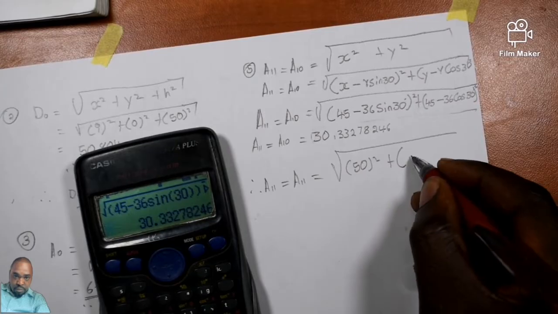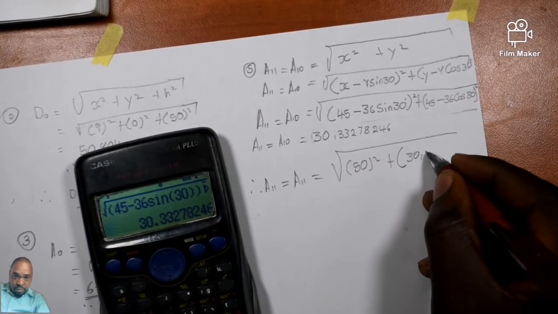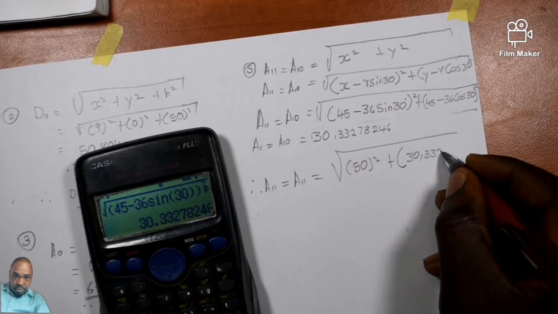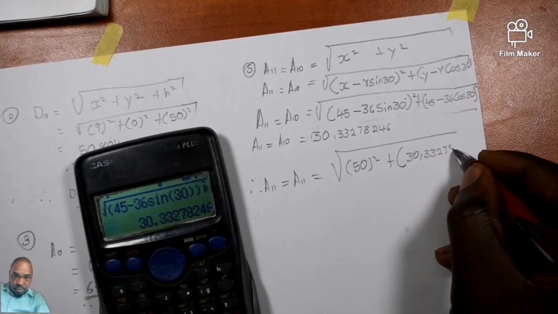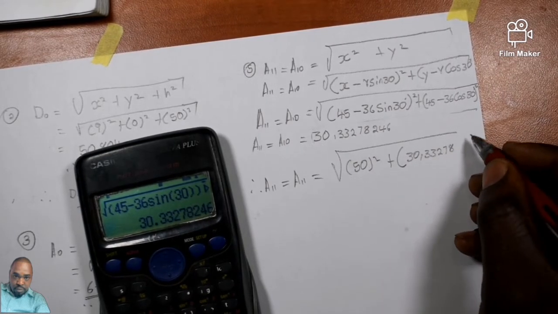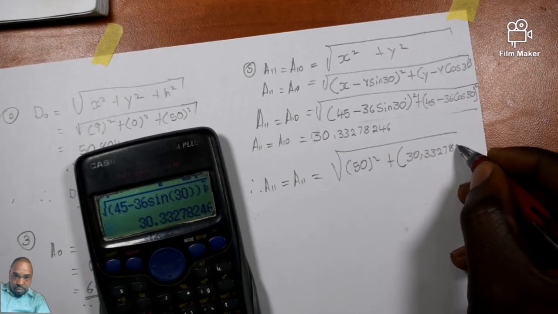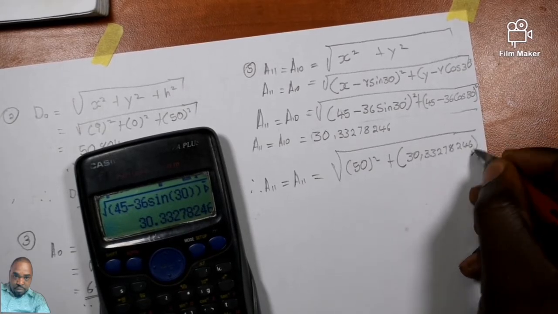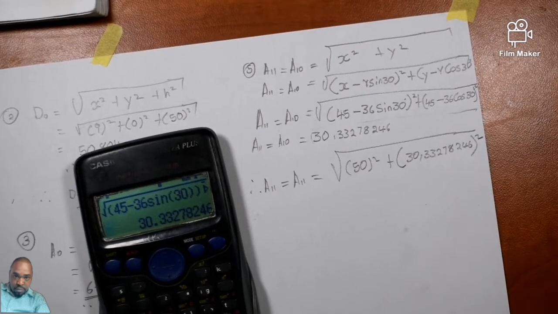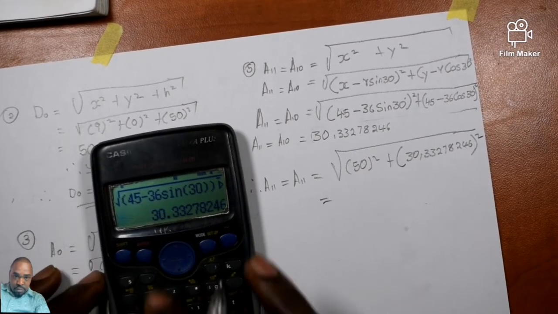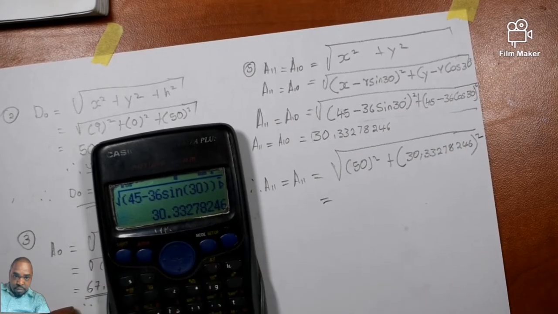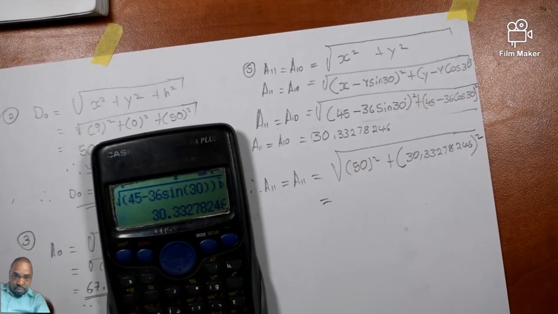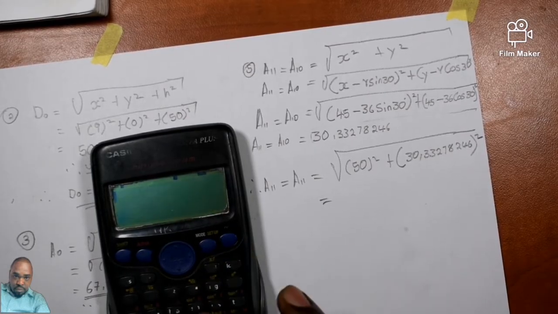So which is how much? Which is 30.3327882. So close bracket and square it, understand? So now you can simply say shift and store this answer, shift and store, isn't it? So that you're going to say shift and recall your answer. So now I'm going to say